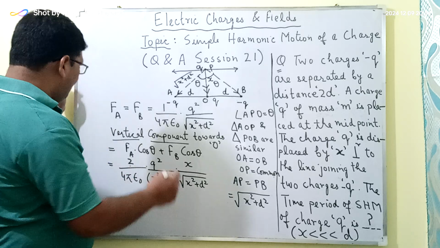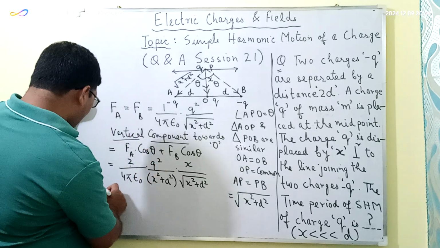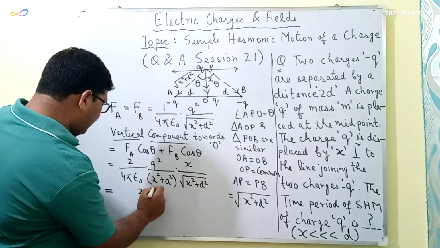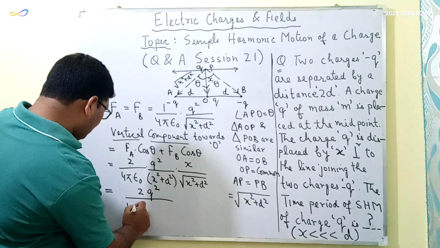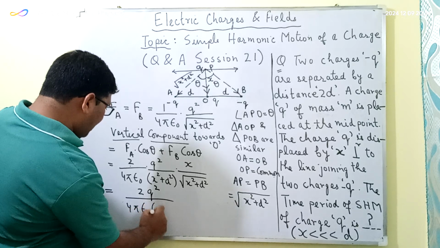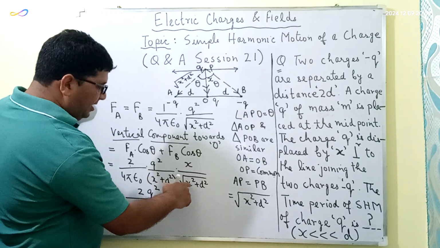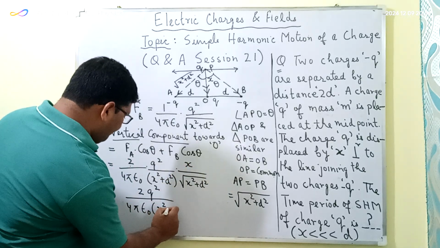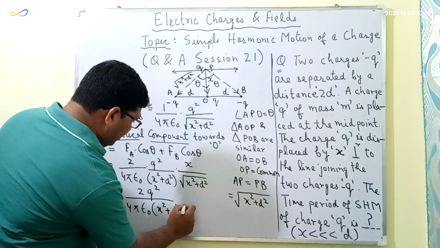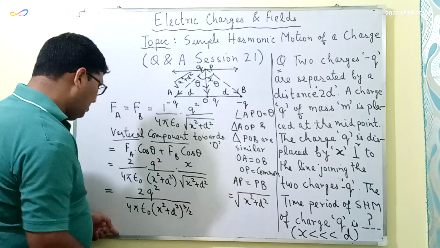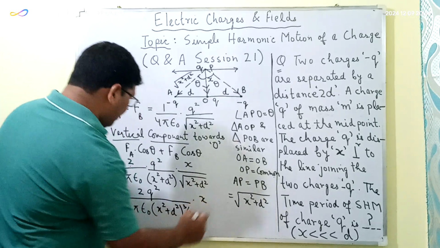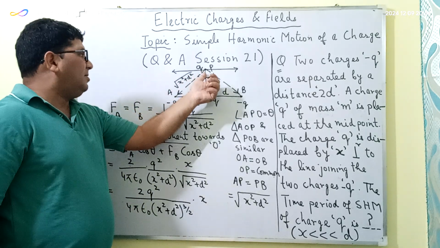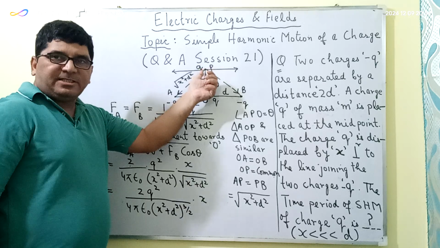Now here, the total vertical force can be written as 2q square divided by 4 pi epsilon naught, and this is x square plus d square, and this is x square plus d square under root. So this can be written as 1 by 2. So this will be equal to x square plus d square to the power 3 by 2, into x, and this is the net force acting on the charge q